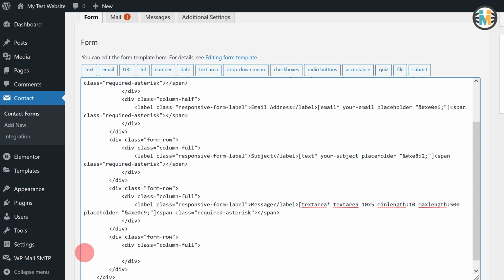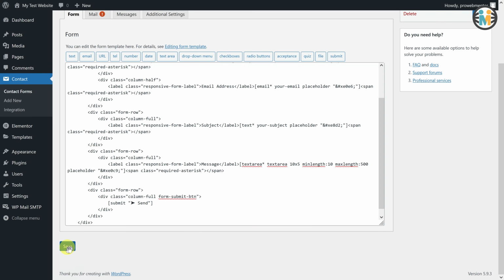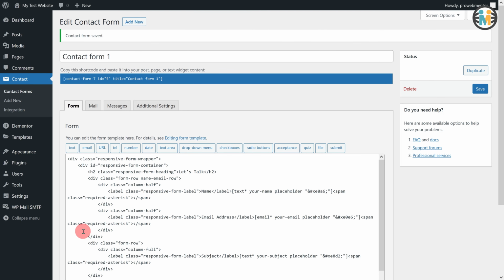Finally, add a shortcode for a submit button, as well as an additional class inside the third and last column full div with the class name form submit btn. Now that we have successfully created the HTML backbone of our Contact Form 7 style, let's move on to the